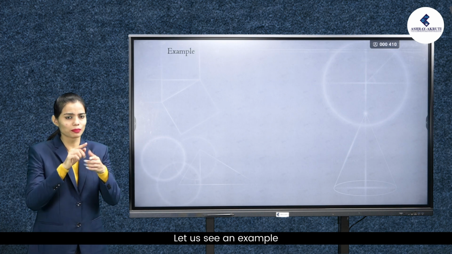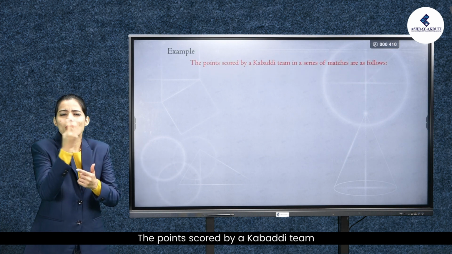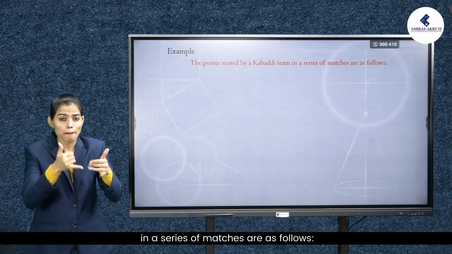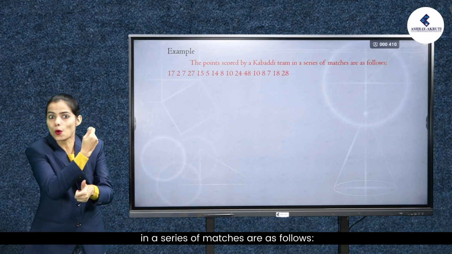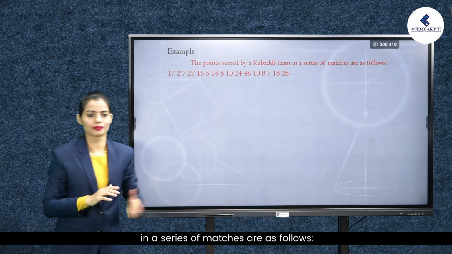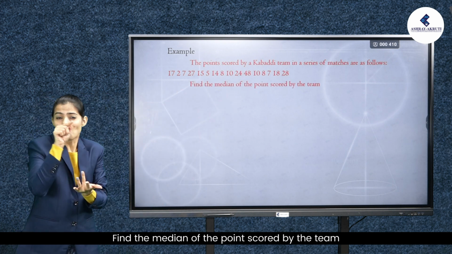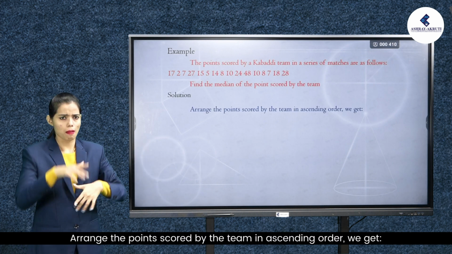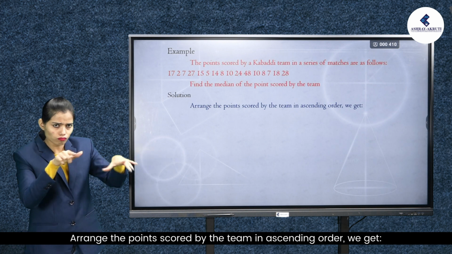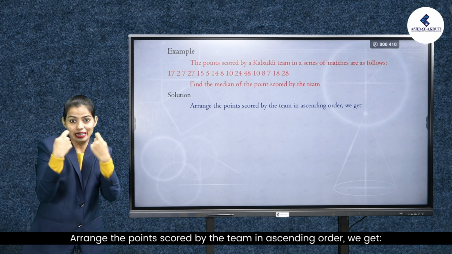Let us see an example. The points scored by a Kabaddi team in a series of matches are as follows. Find the median of the points scored by the team. Solution. Arrange the points scored by the team in ascending order. We get